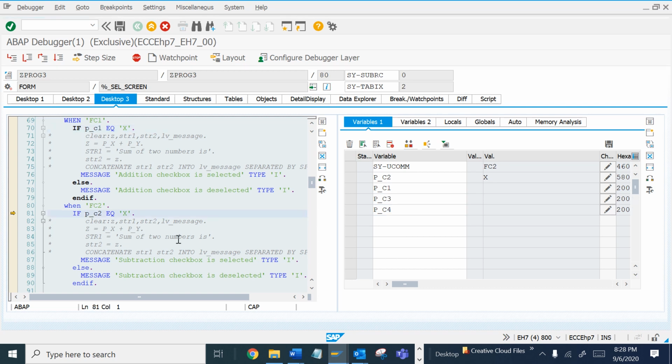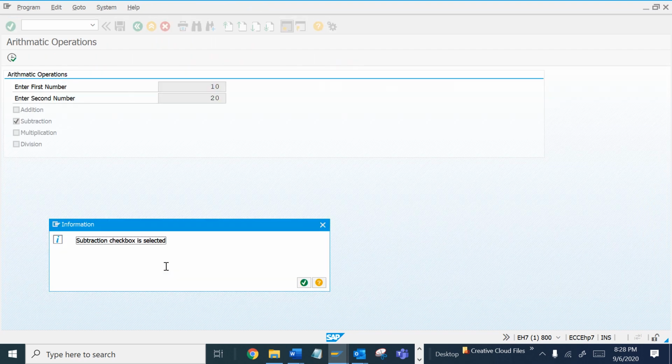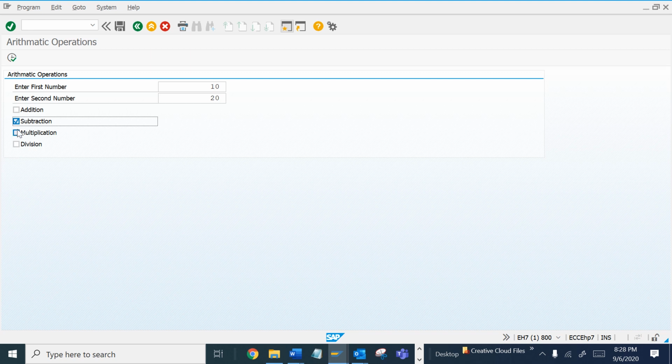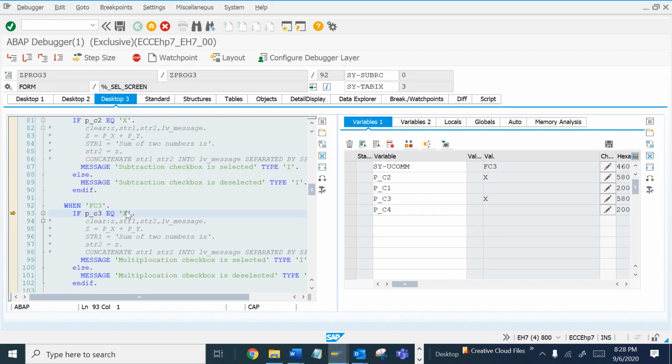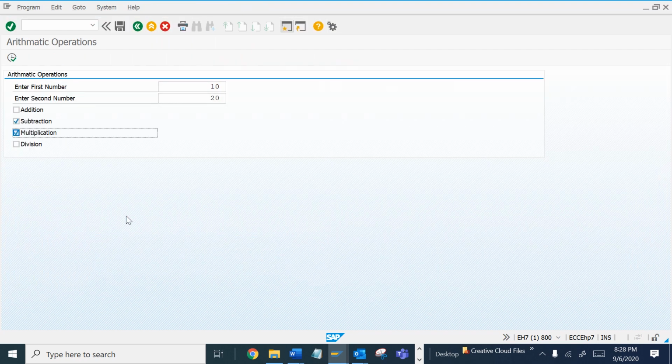So let me check this. Your cursor has been moved to this part. Let me check. See, now suppose I have selected this. Now it is moved to this part. Okay, let's deselect this part.